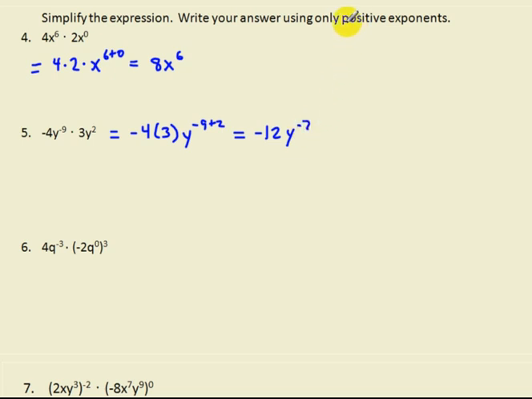Now we have to rewrite this using only positive exponents. So we can write this as the negative 12 stays in the numerator because that exponent of negative 7 only applies to y, not to the coefficient. So in the denominator we'll have y to the positive 7th power. And if you want, you could rewrite that as negative 12 over y to the 7th. So either one of these is okay, negative in the numerator or negative out front. Okay, number